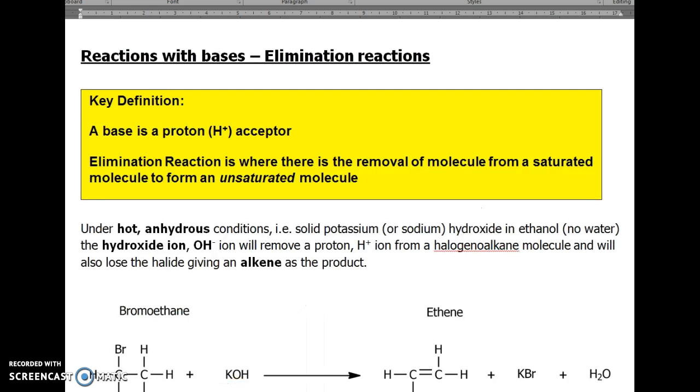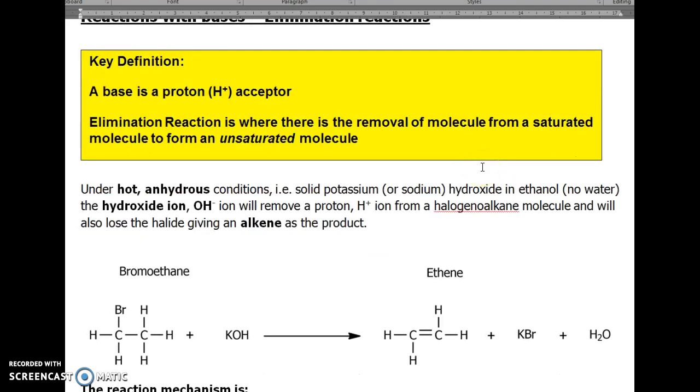Okay, next we're going to look at the reactions of halogenoalkanes in their elimination reactions. So this time we are reacting with a base. Okay, now a base is defined as a proton acceptor, and the most common bases we encounter are hydroxides. Now, an elimination reaction is where there is a removal of a molecule from a saturated molecule to form a non-saturated molecule,